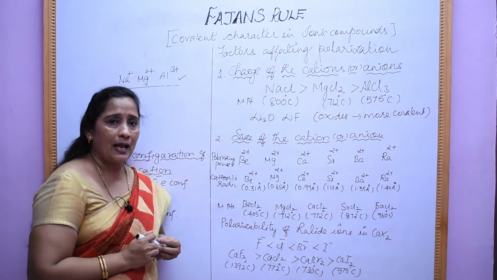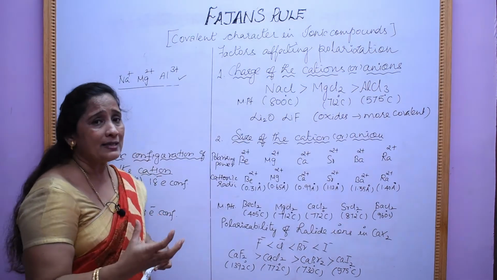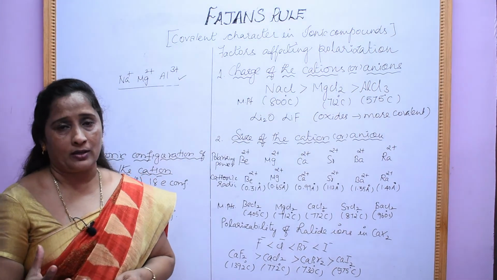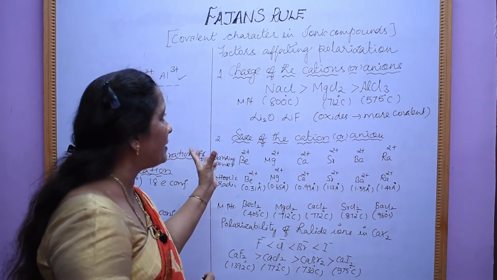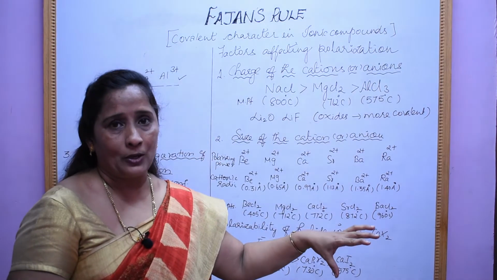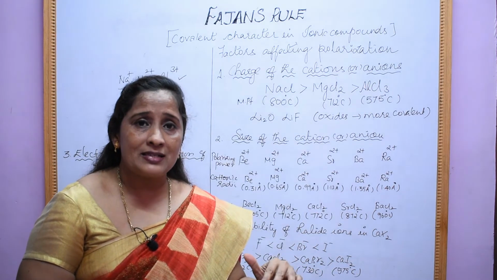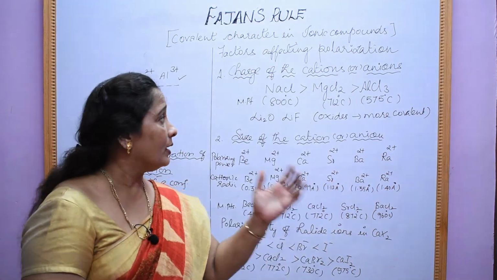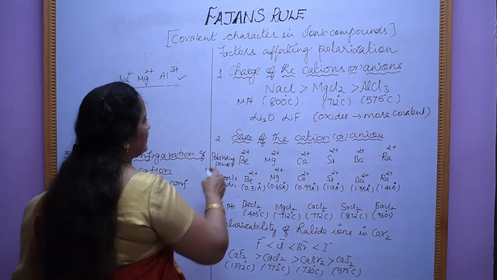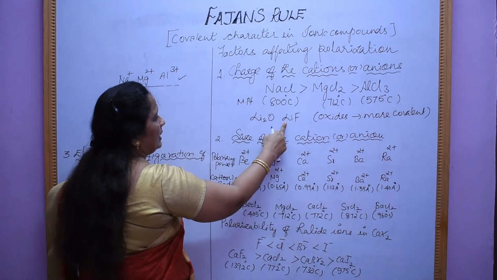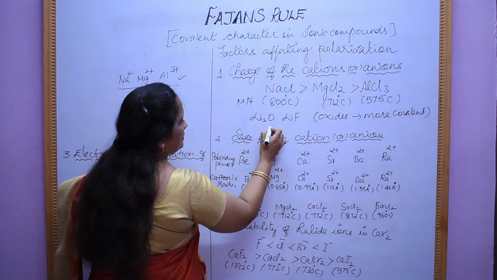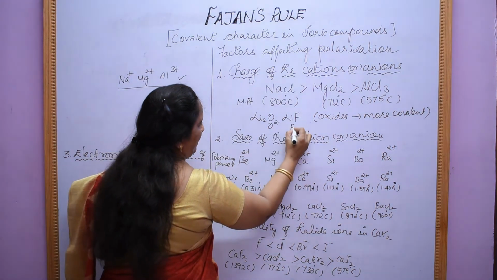And the other one is regarding the polarizability of the anion, right? So we have seen the polarizing capacity of the cation. Now the polarizability of the anion increases with increase in the charges. So now let us take the example of Li2O and LiF. Here O is 2 minus, here it is F minus.